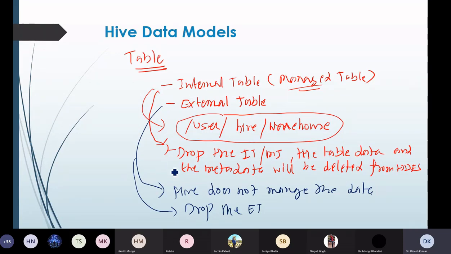When we drop an external table, only the metadata will be deleted, because that metadata is stored in the Hive metastore. It will not touch the data which is there in the tables.